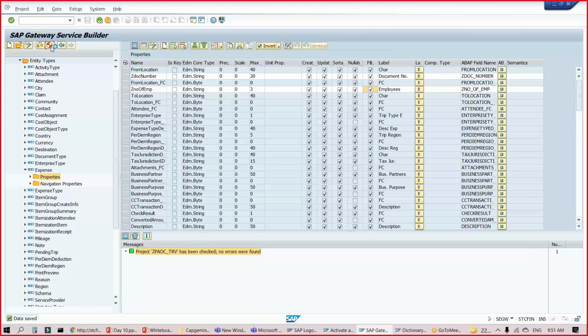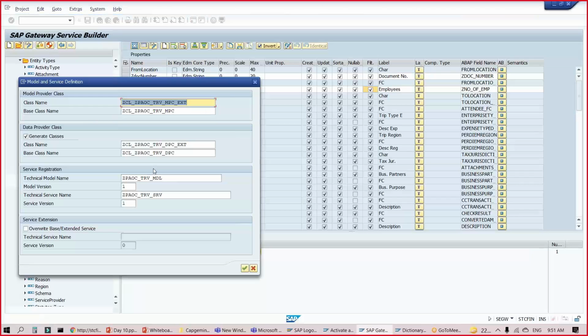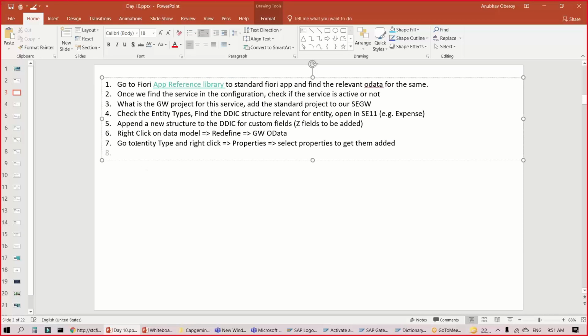So what these artifacts will do, they will inherit from standard SAP artifacts. These are all our classes which it is generating, and these classes will inherit from standard runtime artifacts, the standard OData service artifact, and a test service will also be created. So now I'll go back to the steps.